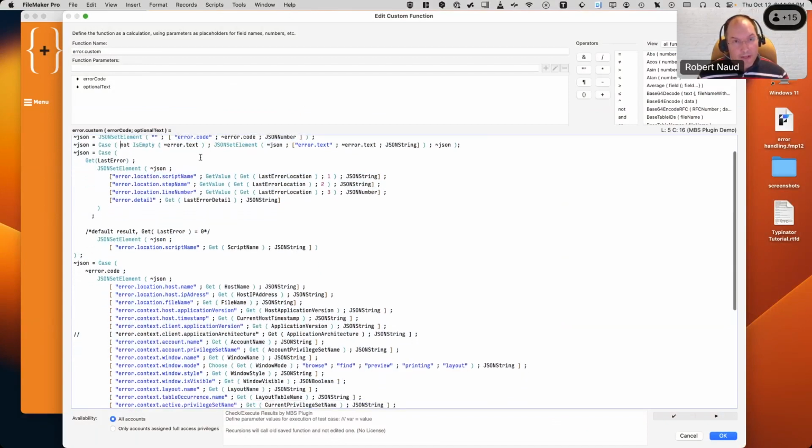And then we say, okay, well, if it's empty, then let's just keep it for JSON. And if it's not empty, then if we have some error text, then we build it into the JSON. We add the information for script name, step name, line number, and detail. So that's the new stuff that came from